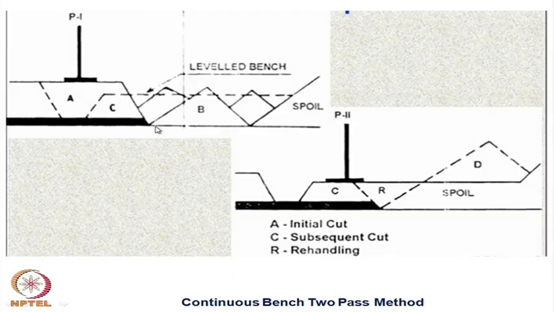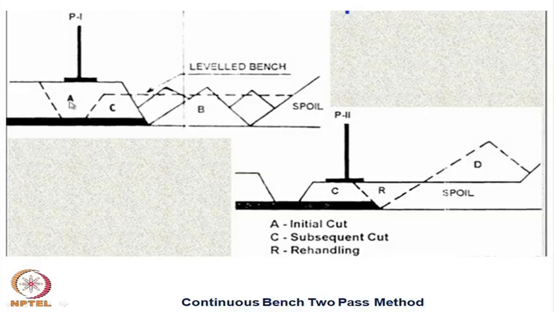Now, in the second place what happens, this part with this spoil dump. Only thing is, when it is sitting over here, this material in R is your rehandle, and this material is placed over here. So that ultimately you will be removing all these C portions and these R portions, and you will be getting this configuration. So, this is your continuous bench 2 pass method, that is, in the first